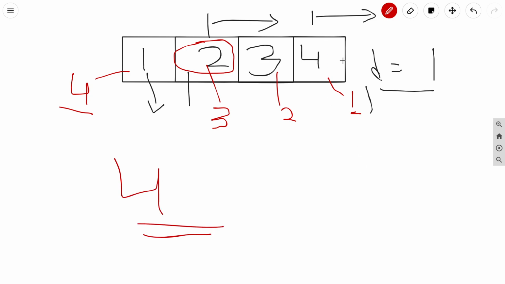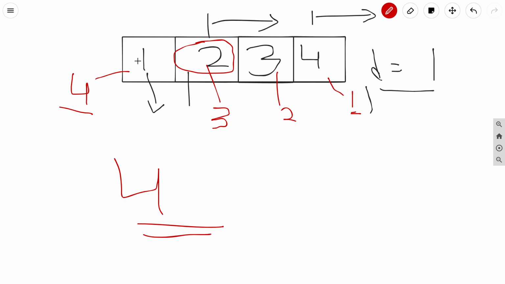So if we just took 4 in our arithmetic progression, the length will be 1. Then we checked for 3. If we can put 3 in any kind of arithmetic progression, you can see that yes, we can push it in the arithmetic progression which started from 4, so the length will be 2. We check again for 2, whether there is an arithmetic sequence which has started from 2 plus d, that is 3. You can see that yes, there is a sequence having length 2, so the length 2 will be added in that sequence and the length will be 3. And again this is for 4.